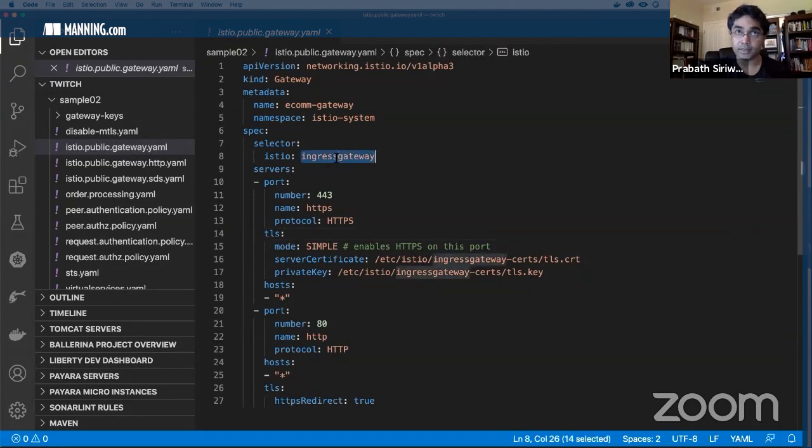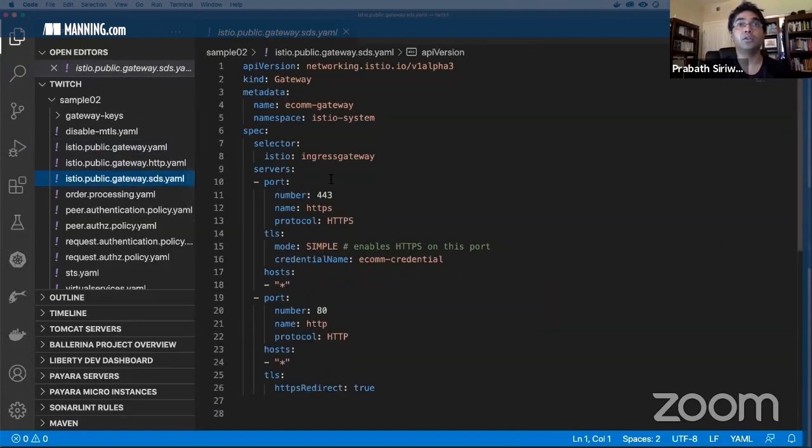The gateway resource defines a set of configurations that can be used by the ingress gateway to route traffic to a workload. Now, to attach this configuration to the ingress gateway, I need to set this label here, Istio Ingress Gateway.